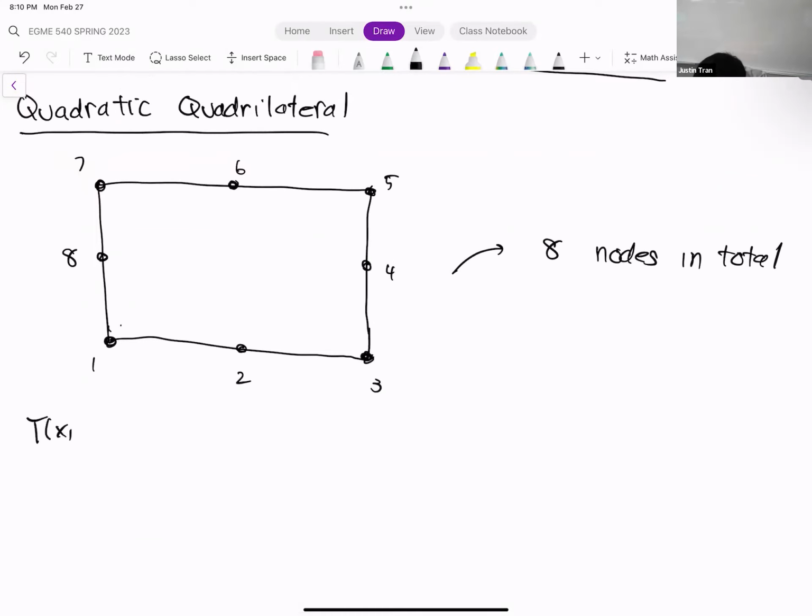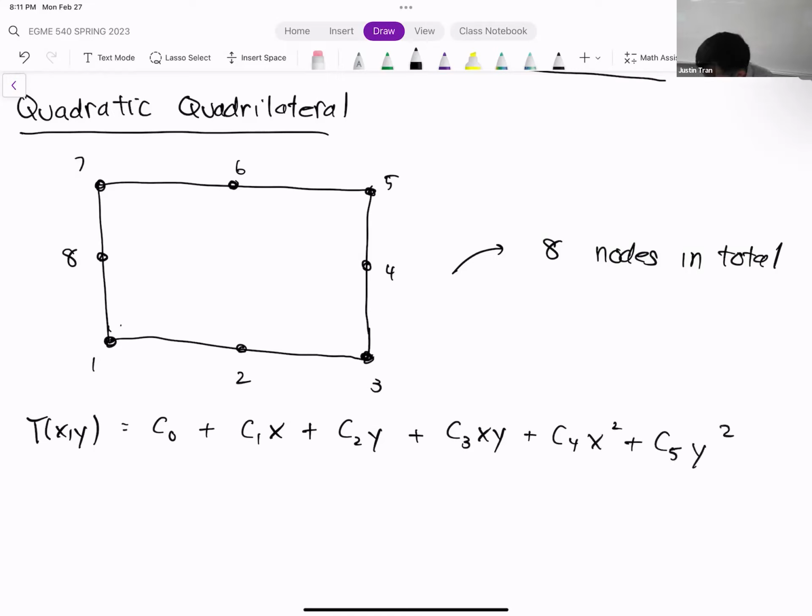So T of xy, C0 plus C1x plus C2y plus C3xy plus C4x squared plus C5y squared. So that's the first 6 terms. We need 2 more.